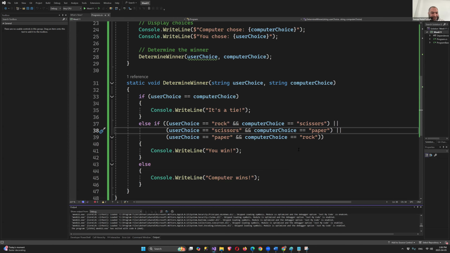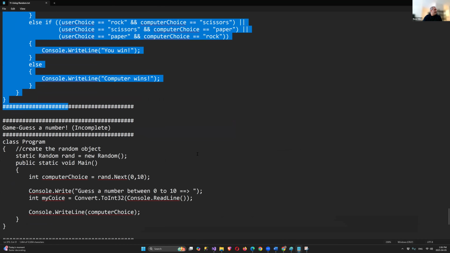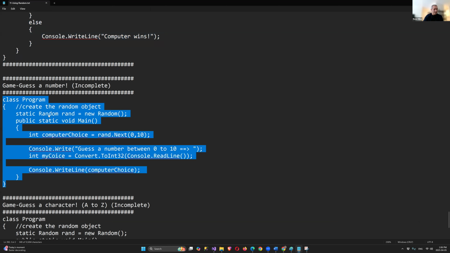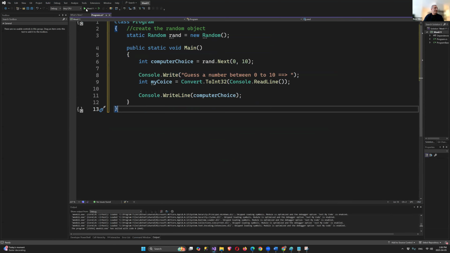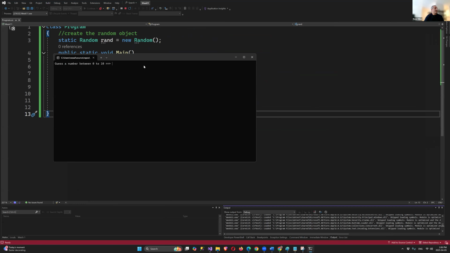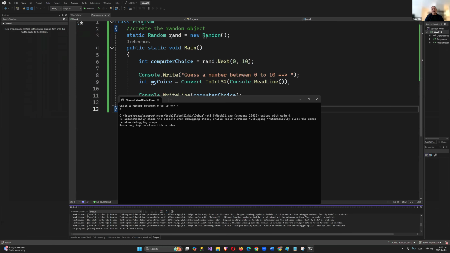So anyway, let's go to the next example together. Here is guess a number. Imagine that I want to guess a number between 1 to 10, and this is another incomplete game. So for instance, I'm going to guess 4, and it is saying 8. What you can do is,